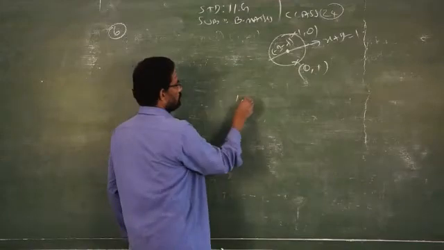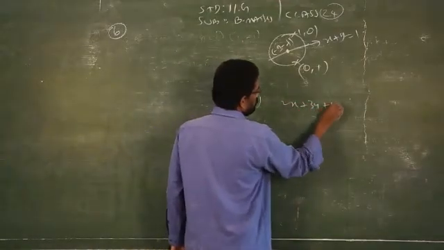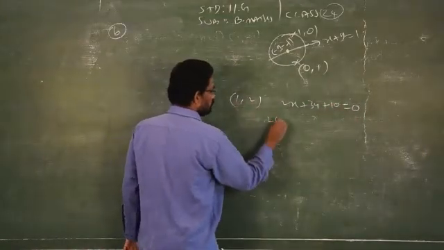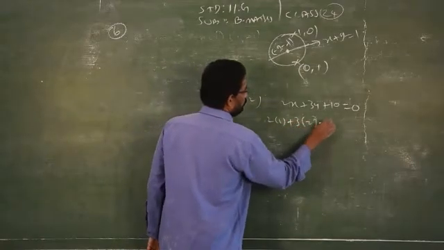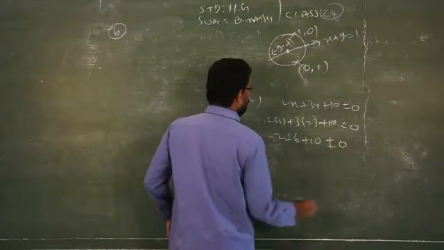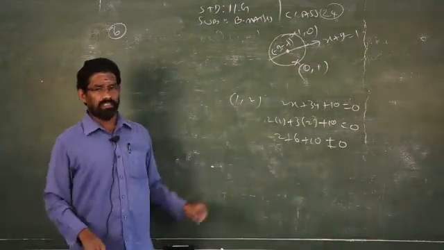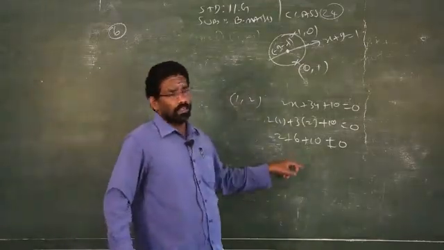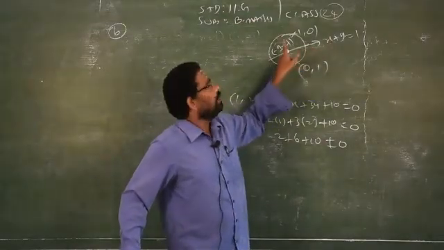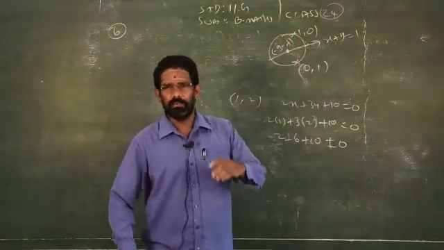In the lower classes you learned to check whether 1, 2 lies on the equation 2x plus 3y plus 10, for example. How to check it? You replace x by 1, y by 2. So here 2 plus 6 plus 10 is not equal to 0. Therefore, 1, 2 does not lie on the straight line. That is your conclusion. Same concept. Here you are not verifying, but it is given already that the center is on the straight line, which means minus g comma minus f is satisfied by this equation. That is the meaning. Clear?